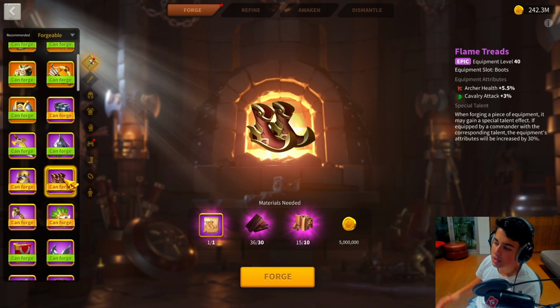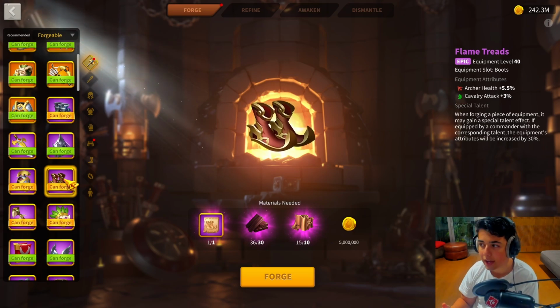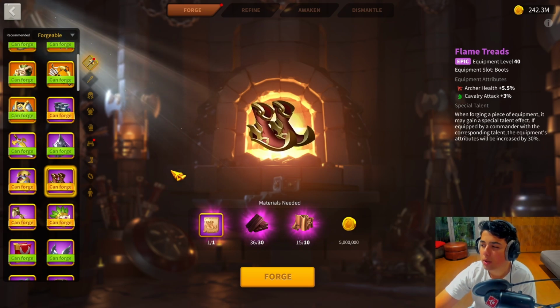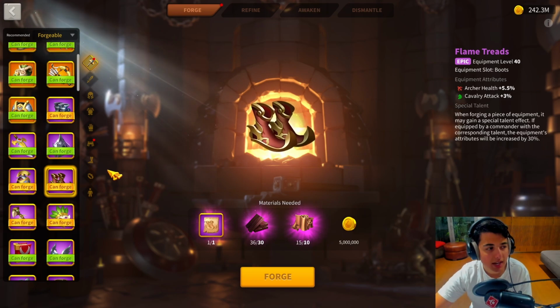You should have close to a set. You might be able to even start refining some of them. I don't fully recommend refining epic equipment, but some of the stuff I can say would be a good idea. So flame treads, you can refine it, and you can also talent it, and then you can kind of just start refining these lower tier equipment. It's going to cost you some gold, but it should give you a bit more value in the long term, especially because legendary equipment, it's going to take you a while to get a full set, unless you were spending